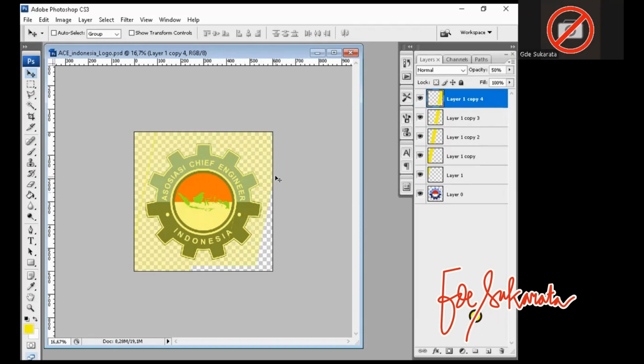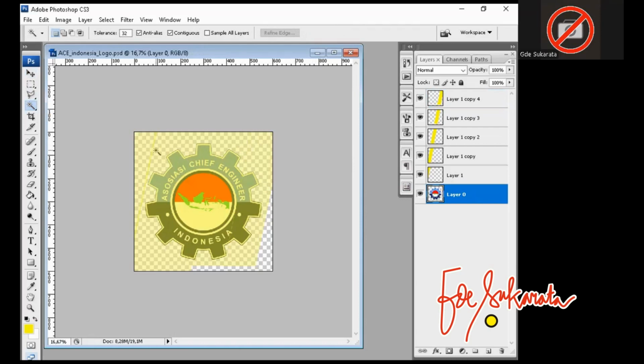We take this logo, maybe silhouette of shape, but now I want to choose layer 0 and take magic wand tool and choose this area. Okay, you see the area, but now I want to delete this on this layer.